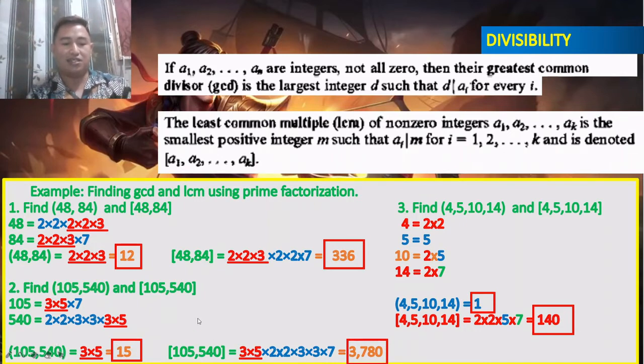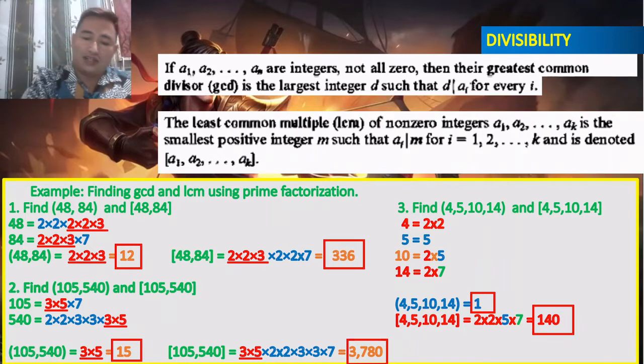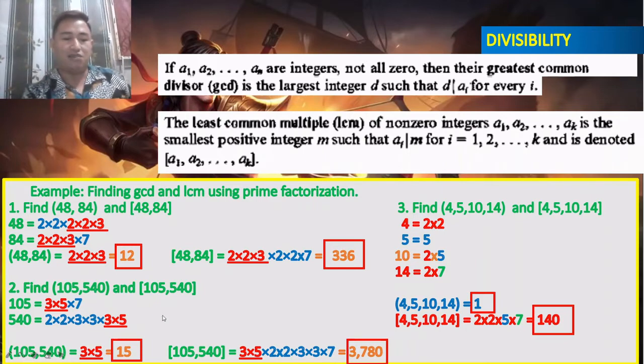And then, ilahang LCM, again, copy na to itong common nila, 3 times 5. Okay, so nanday 3 times 5 times 7 na lang kulang. Adala times 7 kung ibutang diri. And then napay duha ka 2 og duha ka 3. So duha ka 2 og duha ka 3 mo na kulang sa 540. Yang kulang sa 112 kay 7 na ng 7 diri. So i-multiply ta na sila tanan, class. Ang result is 3,780. So si 3,780, class, ma-divide na siya ni 105 o ni 540 kay ilahan mga factors